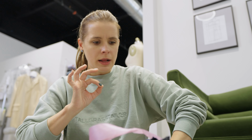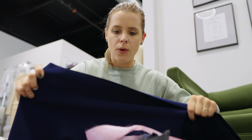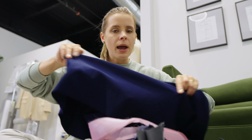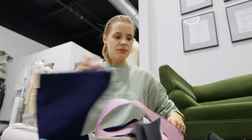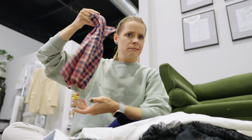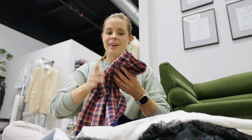Remember, you're not looking for things you like. You are not shopping for your next project inside of this bin. That's not what you're doing here. You are sorting. So you're not looking for exciting things. You're looking for boring things like this beautiful, high quality navy scuba knit that will be hella useful for many things, not some pink plaid print. You don't need that. Okay, but